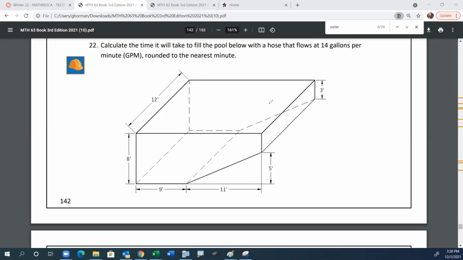Well, you can look in the back, but this shape does not show up. However, in the back, you will notice that if we, let's see if I can draw this thing out very well. If we, let's change colors, then you can see it a little easier. If we take this pool and just for a moment, pretend it's one big rectangular prism, okay, and say, all right, let's find the